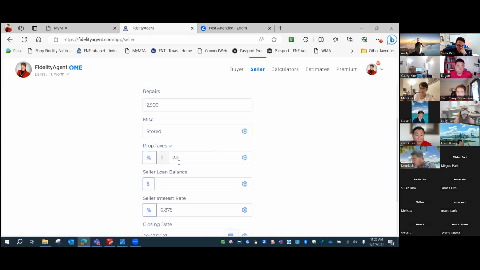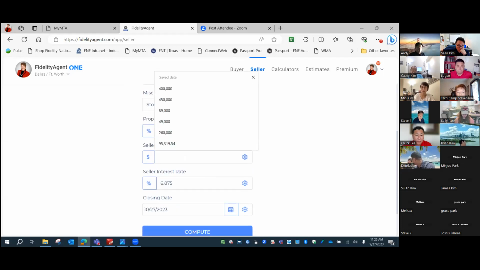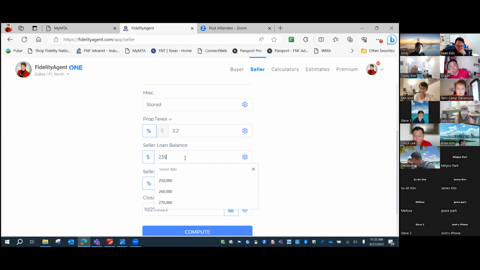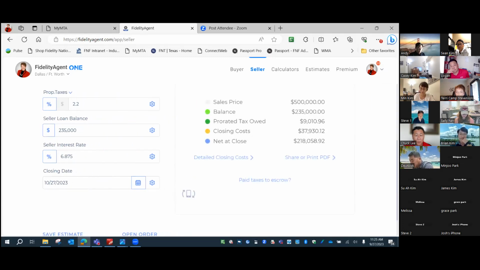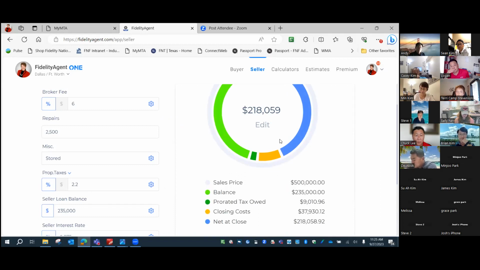It will calculate the property taxes based on the location. And then if they have a seller loan balance, that's good to know. We're going to put 235. And then it will, for some reason, calculate the date 1 month ahead. So we're going to go ahead and do that. And then we have that they will net